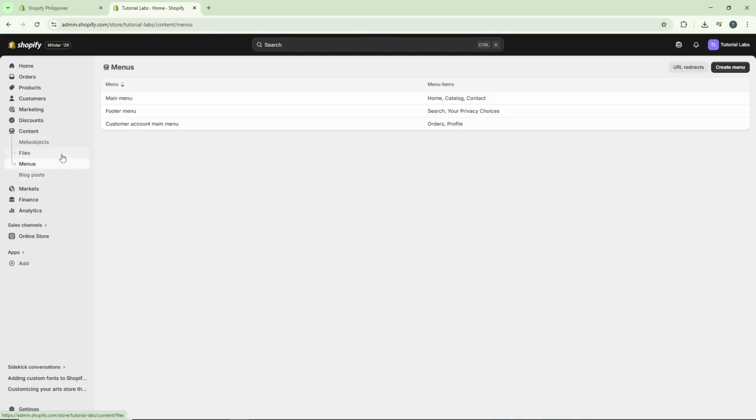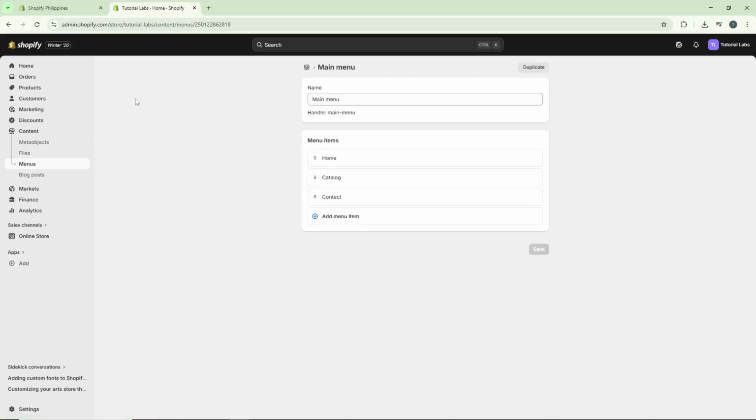This is where all your store's navigation menus are stored and where you can make changes to how they appear on your site. You'll now see a list of all the menus you've created for your store. For this example, we're going to select Main Menu. This is typically the primary navigation bar that appears at the top of your store, so it's important to keep